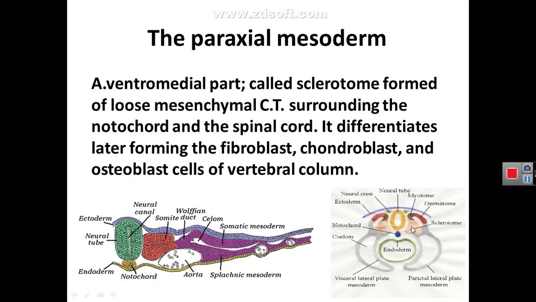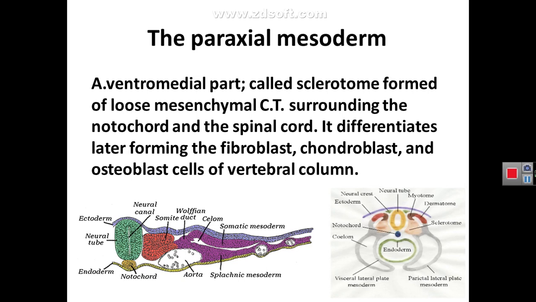And this loose tissue of the sclerotome, the ventromedial part, when it migrates medially to surround the notochord and the neural tube, will differentiate here. The loose tissue of the sclerotome will differentiate as it surrounds the neural tube and notochord, forming fibroblast cells, chondroblast cells, and osteoblast cells. These three types of differentiating cells will start to form the vertebral column around the notochord and the neural tube. So this is the first part